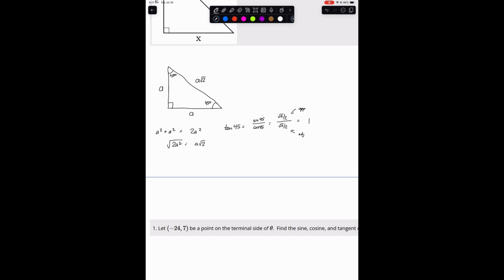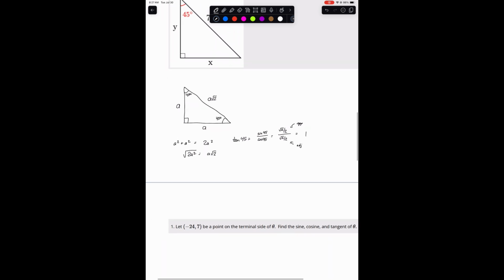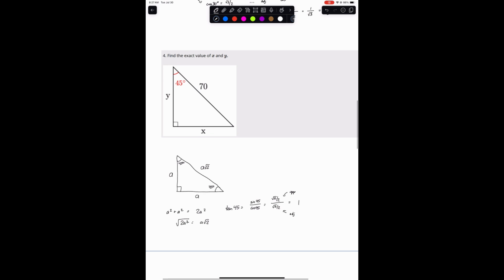That means both the opposite and the adjacent in a 45-degree triangle are the same. And because they are the same, every time you use Pythagorean theorem, you will just get that small side times root 2. So with this in mind, we can say that x equals y